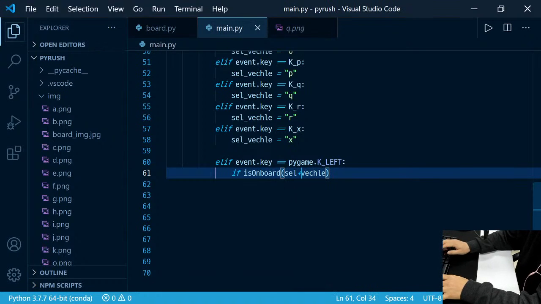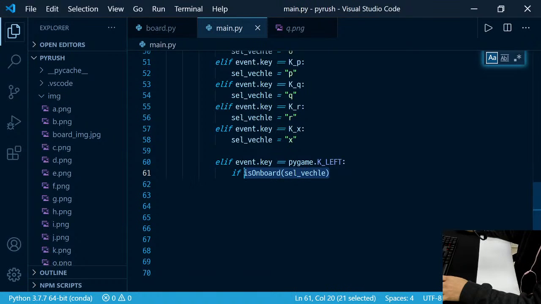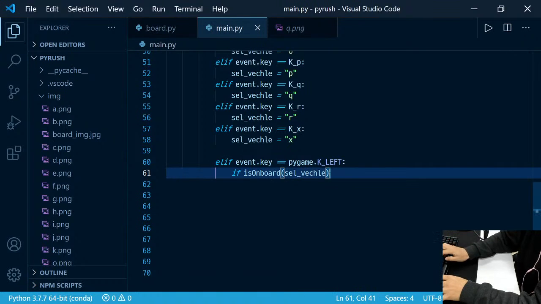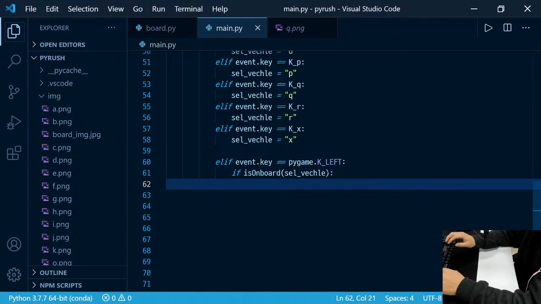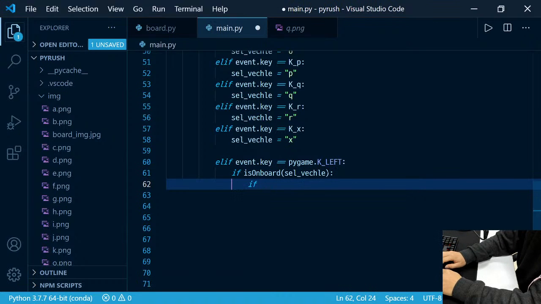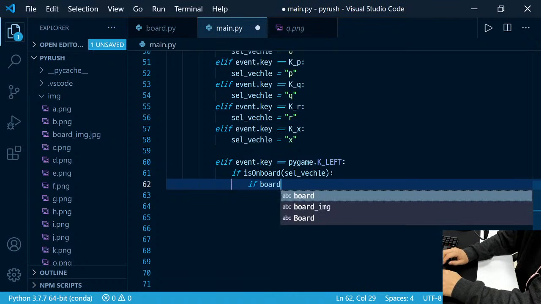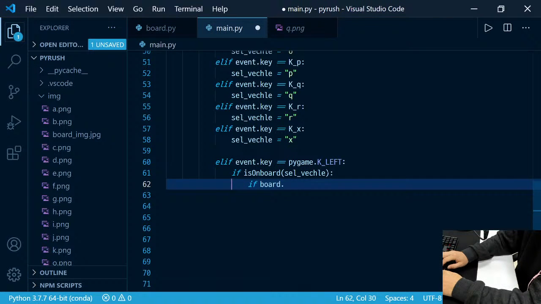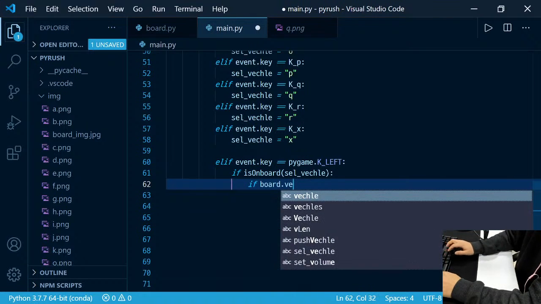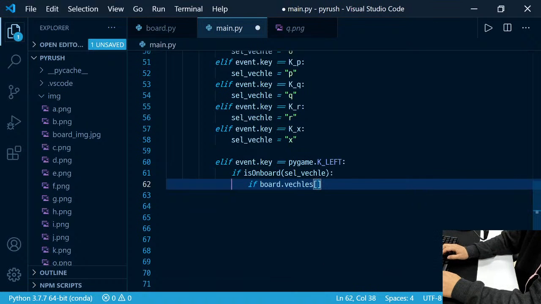I need to find that because I haven't implemented this method, but then if, so like the board vehicles, and those selected vehicle,